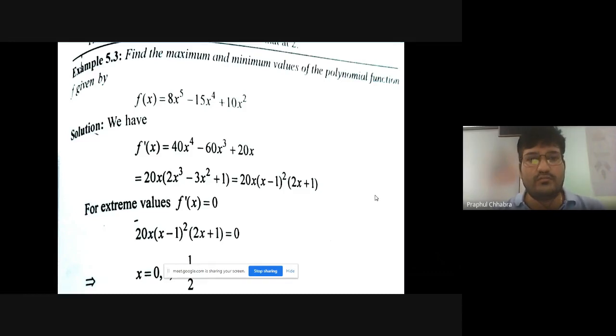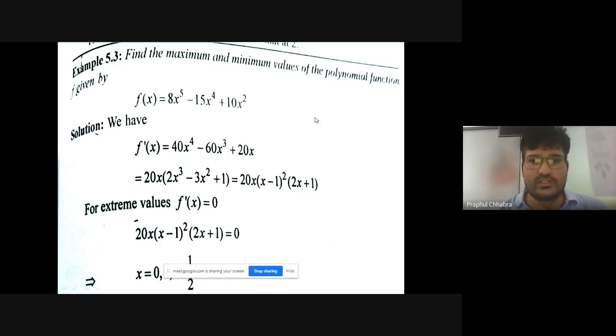We can find the maximum and minimum of any kind of function, like algebraic function, logarithmic function, exponential function, trigonometric functions. We can find the maxima and minima and corresponding maximum and minimum values of any type of function. So we move to the mathematical questions now. Today we will discuss maxima and minima.